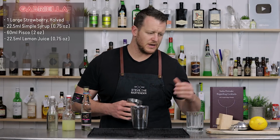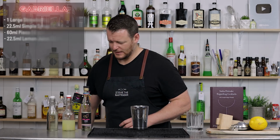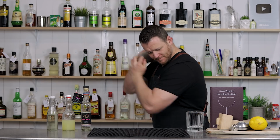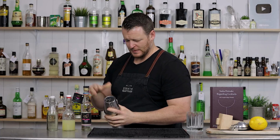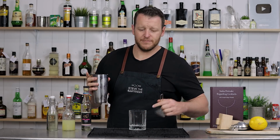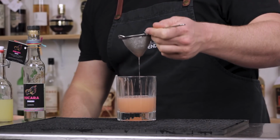Another super simple cocktail out of this book. Highly recommend it. All the cocktail recipes are super simple. And give it a shake. And fine strain this into the glass. When you muddle strawberries, they can get really pulpy, so